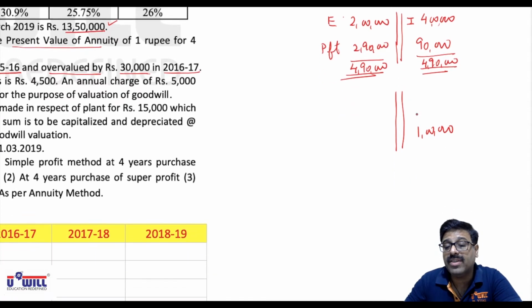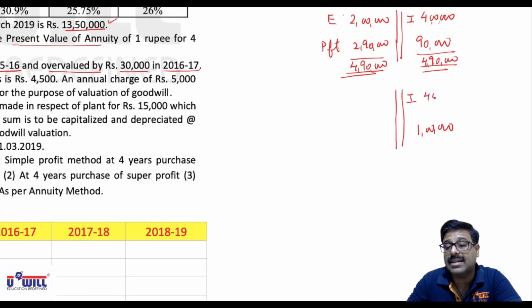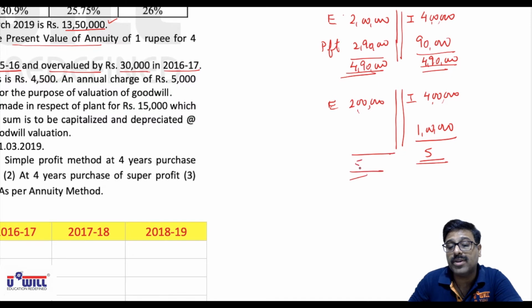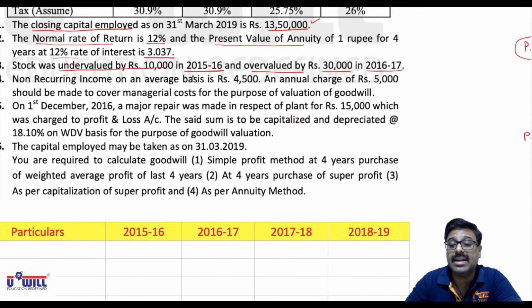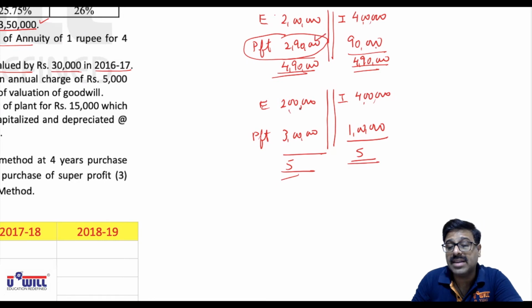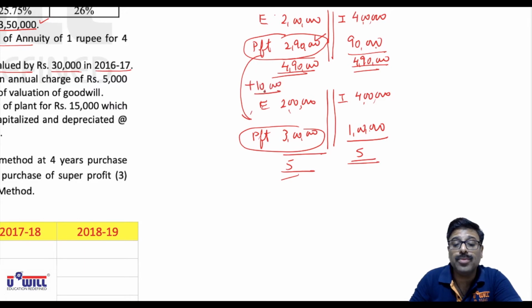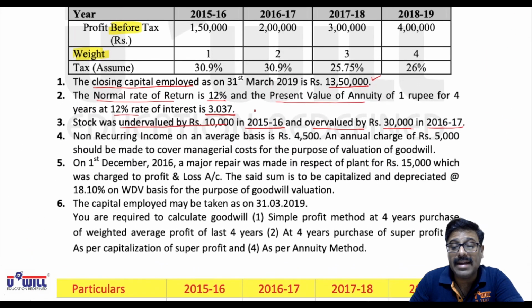Whereas if we would have taken actual value of 1 lakh, then what would have been the profits? 4 lakhs plus 1 lakh, 5 lakhs. 5 lakhs minus 2 lakhs, the profit would have been 3 lakhs. What does it indicate? We have taken undervalued by 10,000 means we have taken 90,000 and profit of 2,90,000. Whereas if we take the actual value, the profit is actually 3 lakhs, means we have to increase the profit by 10,000. So this we will add in 2015 to 16 and